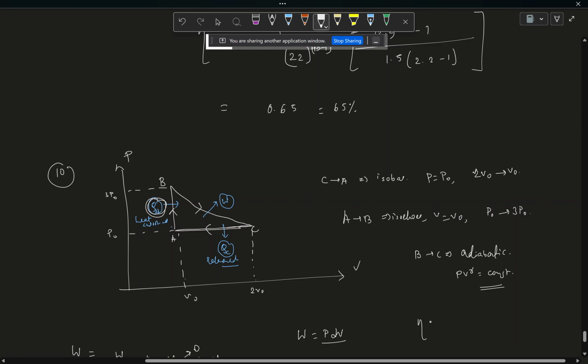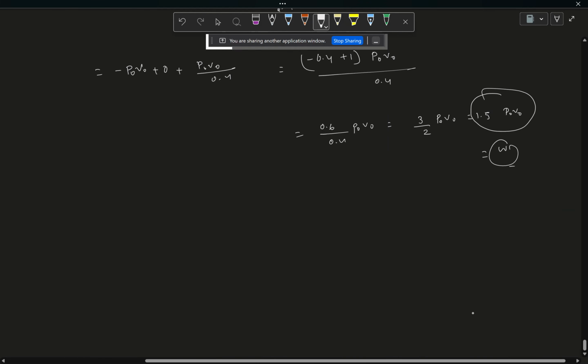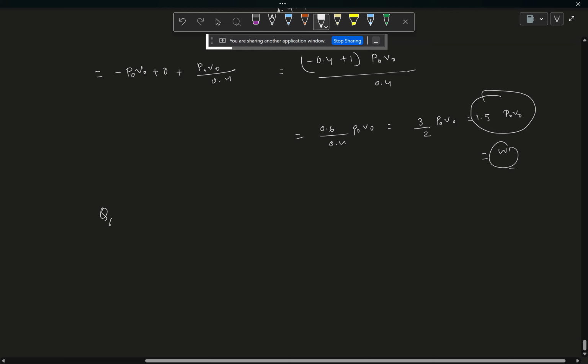because your eta is nothing but your W by QH, right? So W you have already obtained, you need QH. So QH is on the AB path, but this is a PV diagram, so you have to take into account directly by calculating the heat absorbed in the AB path. So Q on AB path is basically coming from two parts, one is dU, other is dW, okay, on the AB